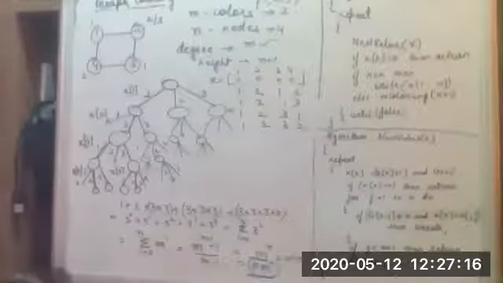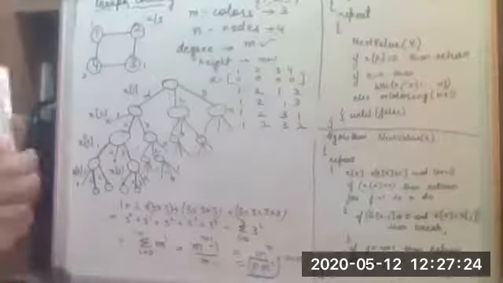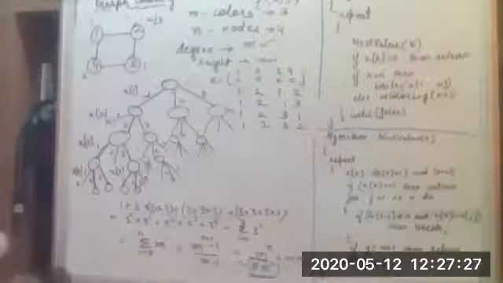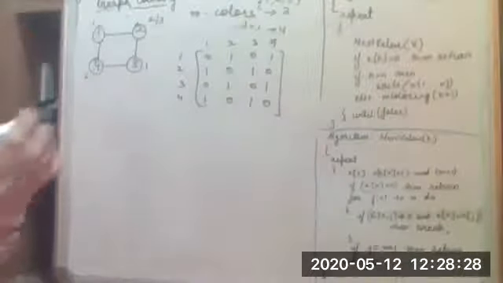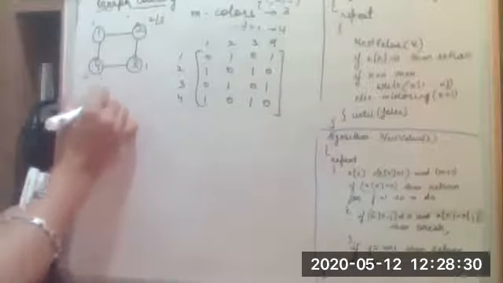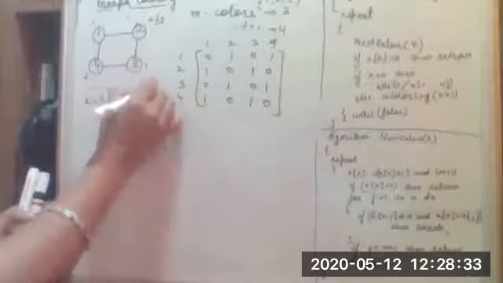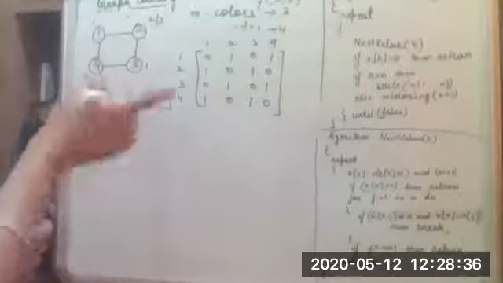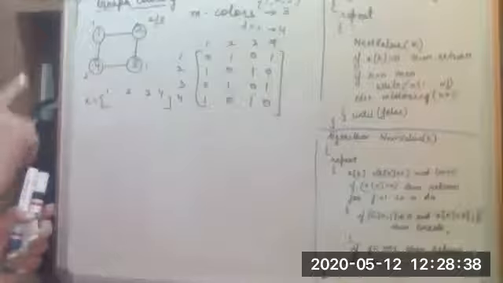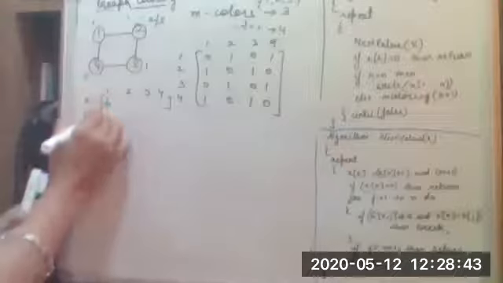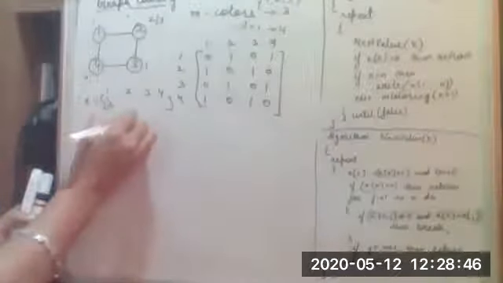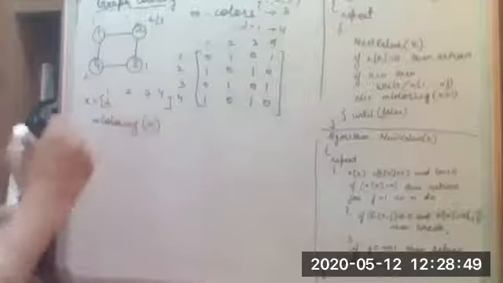Now this algorithm is quite similar to what we have already seen for the case of Hamiltonian cycle. So quickly working with this one also, we start with the k value. Your solution lies in this X array. We start by putting the first color to the first node, so we assign the color 1 to the first node. That's why we are going to call m coloring with the k value as 2.